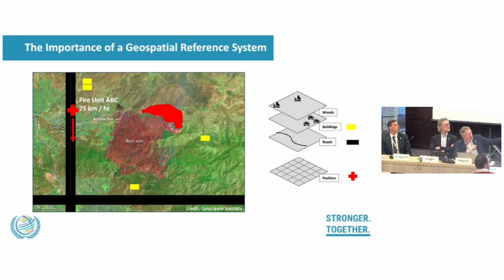And the red component that's a bit dull is showing where the fire used to be, and then the fire front is the bright red component in the northern part of that image. So we have GPS information about the fire truck. We have our roads layer. We have our houses shown in yellow. And this allows you to do real-time decision making because all of the data is in the same datum.